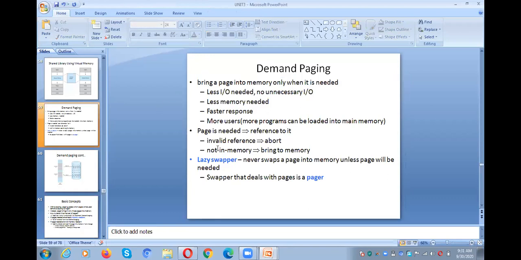And next, second point: whenever a page is needed, we need to refer to it. Refer means we need to check in the main memory. If it is not in the main memory, that indicates it is invalid. Whenever it is invalid, it is not in the main memory, so we need to bring it into the main memory. For example, if you want to execute a process, only 2 pages of the process are kept in main memory. Now we require a third page for execution. You check for the third page, but the third page is not in the main memory. Your check means you refer to the page.